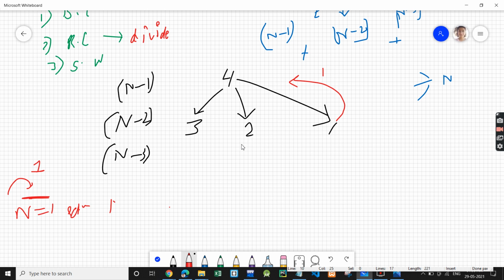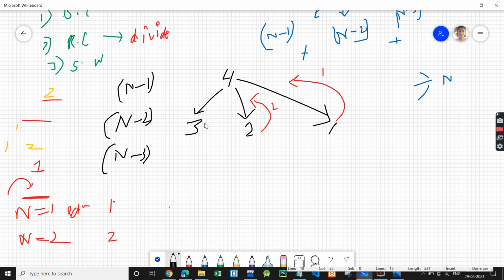Now let's discuss for 2. Suppose we have 2 stairs. What different possibilities can be there? A person can take one jump and again one jump to reach the second stair, or the person can take the two jumps directly, because we are allowed to take two jumps, right? So I think these are only two. There are only two possible ways to reach the second stair. Hence, if n is equal to 2, means there are two stairs, so there are two ways. So we will return 2 over here also.